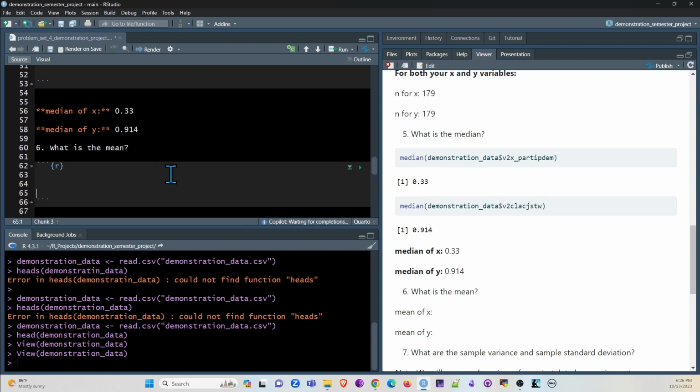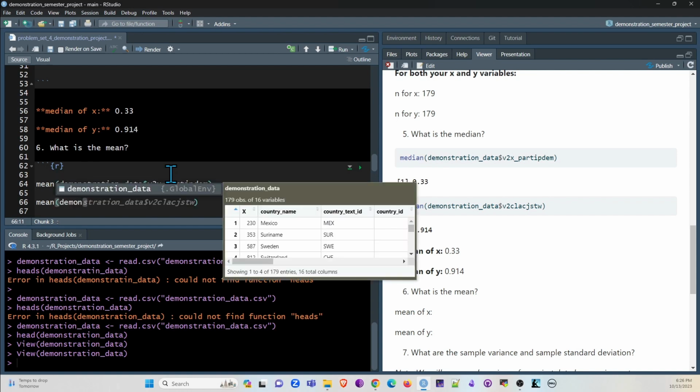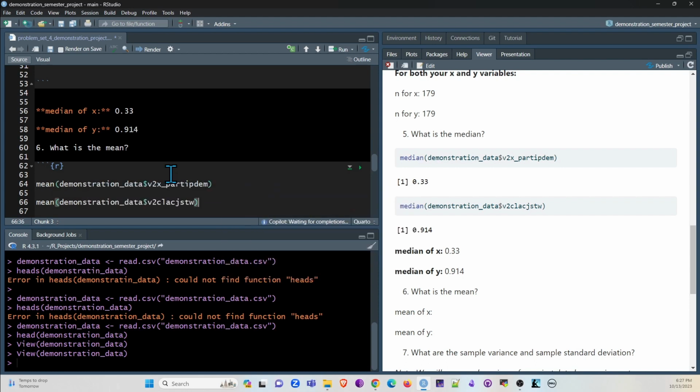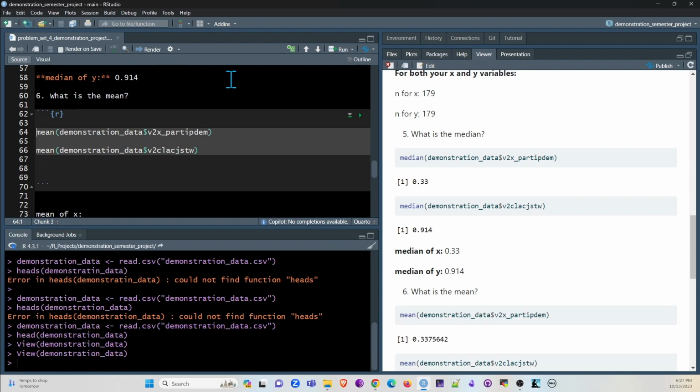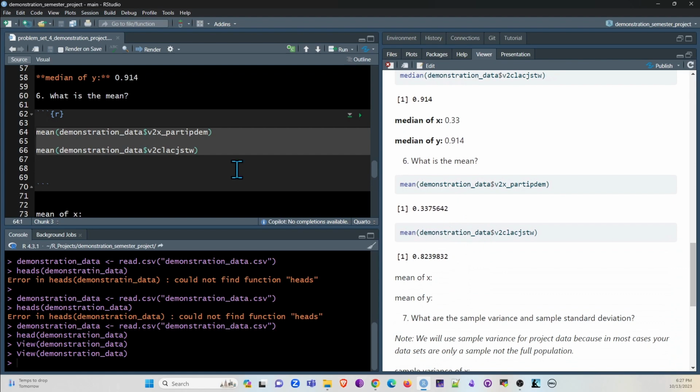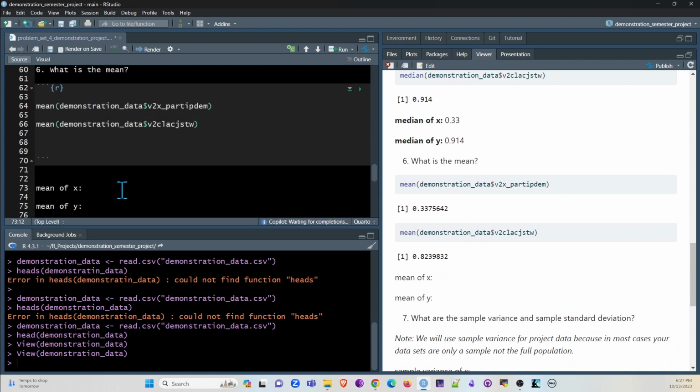So I'll do the same thing with the mean. I'm going to go Control Alt I, and all I want to do, I'm not actually trying to do anything with this, is get the means of those things so that I can type them in, because typing them in is actually what you're getting credit for here. So I run those things, and I will save this. Once it's saved, I will render it. And so I got the answers, and I'm going to come over here and put the answers,